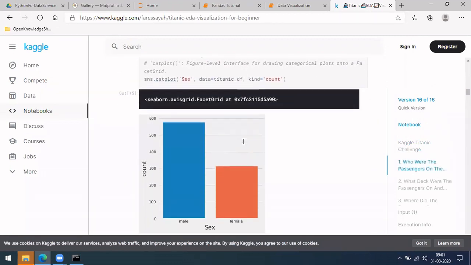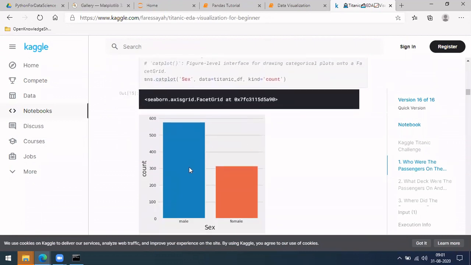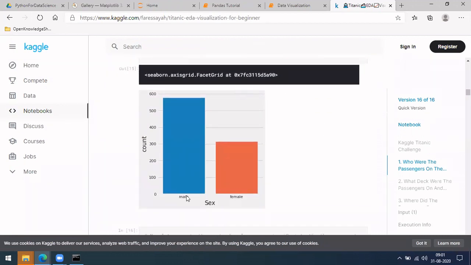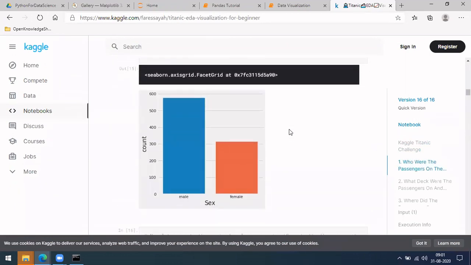So let me go into visualization, what different kinds of visualization you have. This is one thing called a categorical plot, where you have this column which denotes gender, right? So male and female. That is there in this plot, where you want to count how many male and how many female you have.